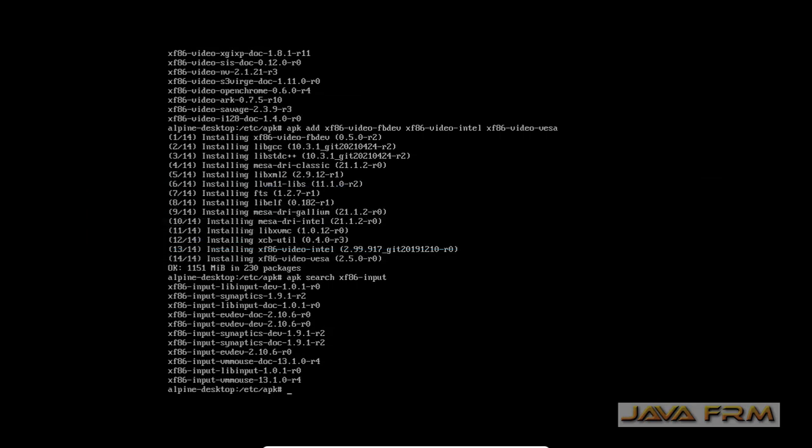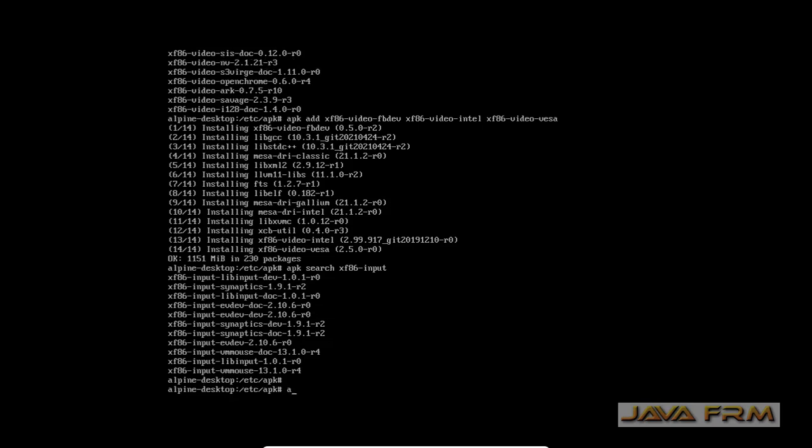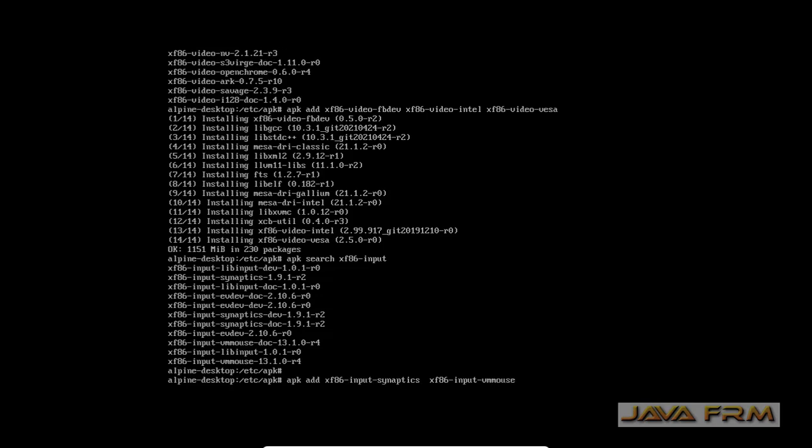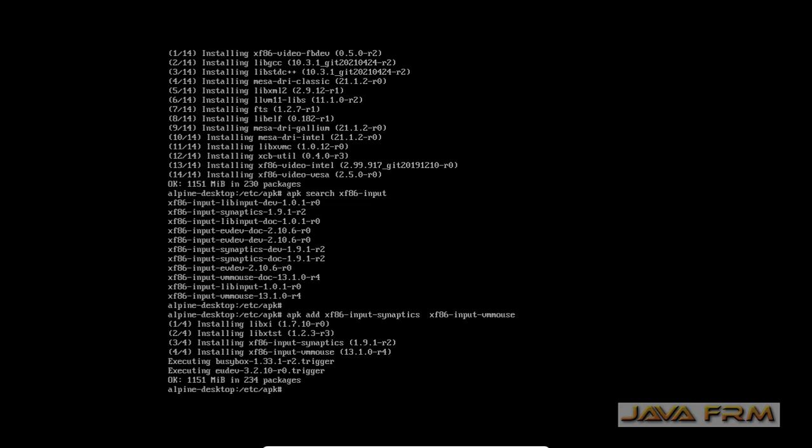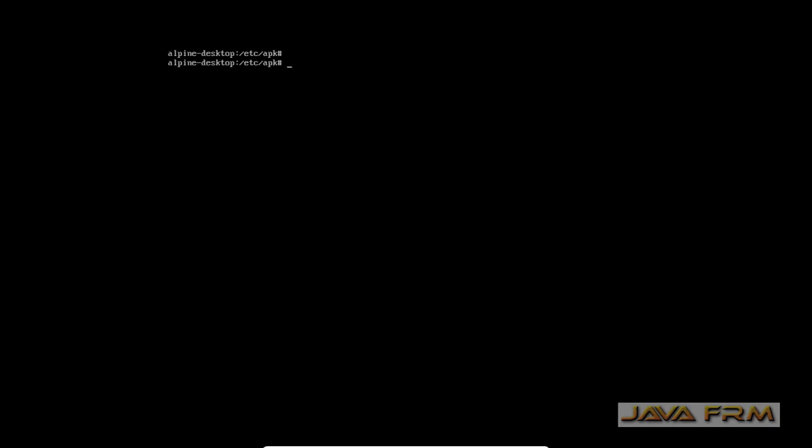install some drivers for input devices like keyboard and mouse. These are the drivers available for input devices. I am going to install these two drivers, Synaptics and VM mouse. Yes, installed successfully. Make sure that you have installed these drivers for input devices, otherwise input devices will not